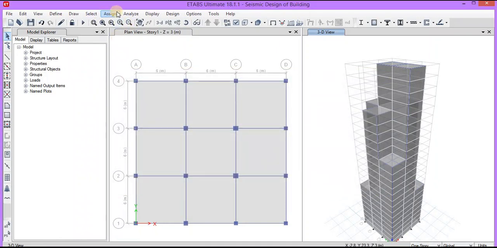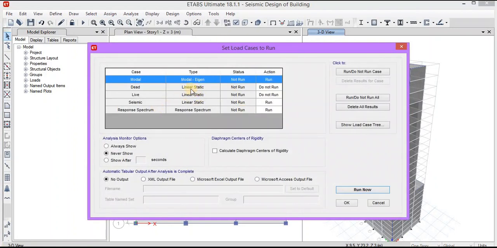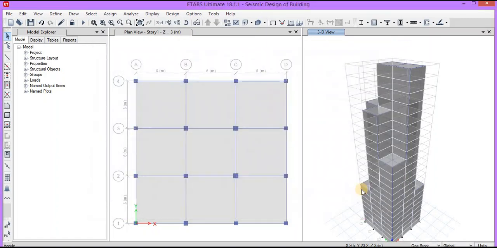Now we will analyze for selective load cases only. You can see here we will not run the analysis for dead load and live load. We will run only it for seismic load and the response spectrum. So we will click on run now.